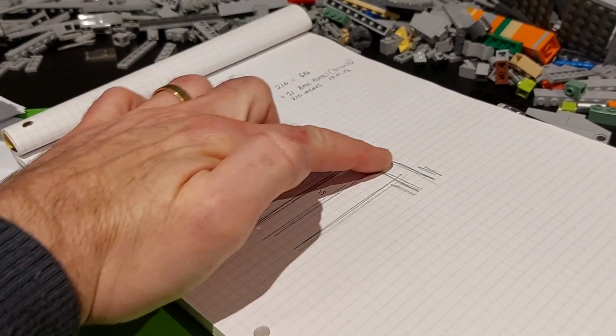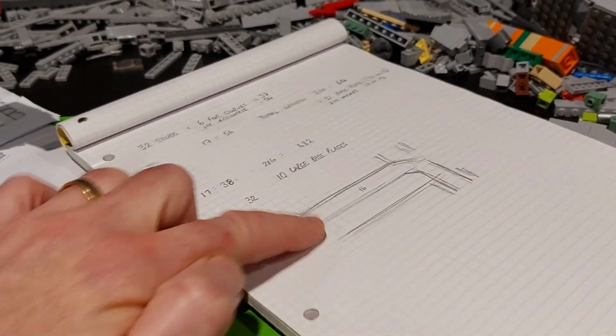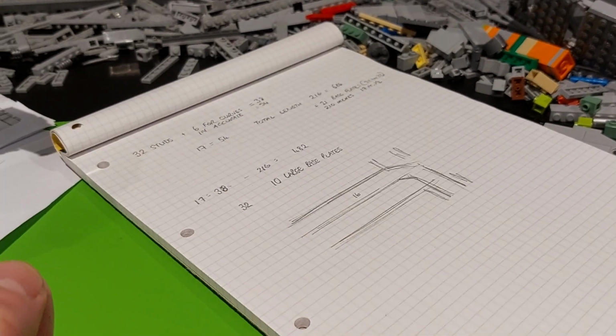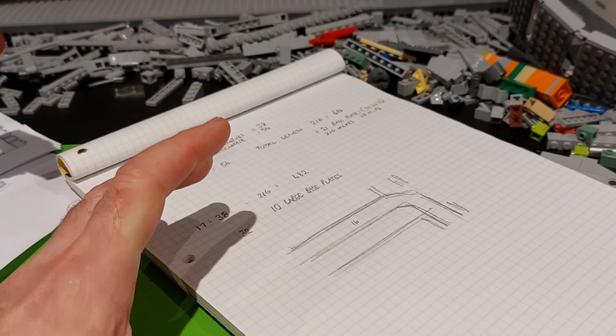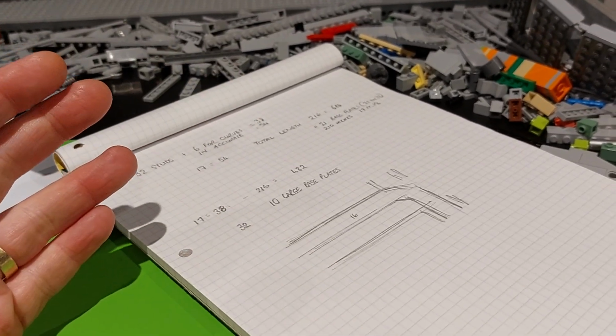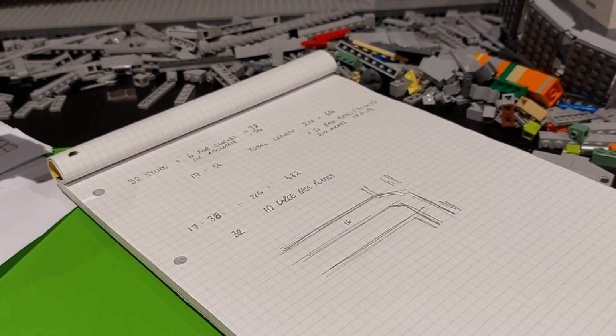So you go in the boarding hatch, come down here, and then this is the section which leads to the escape pods, and where Leia hands the plans over to R2-D2 and things like that. Now, if I do that, then obviously I'm going to be knocking a third off of the length. So we're probably going to be down to 12 foot